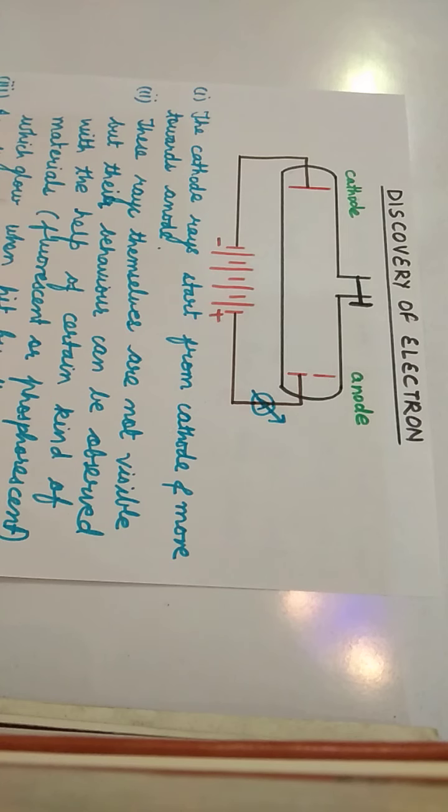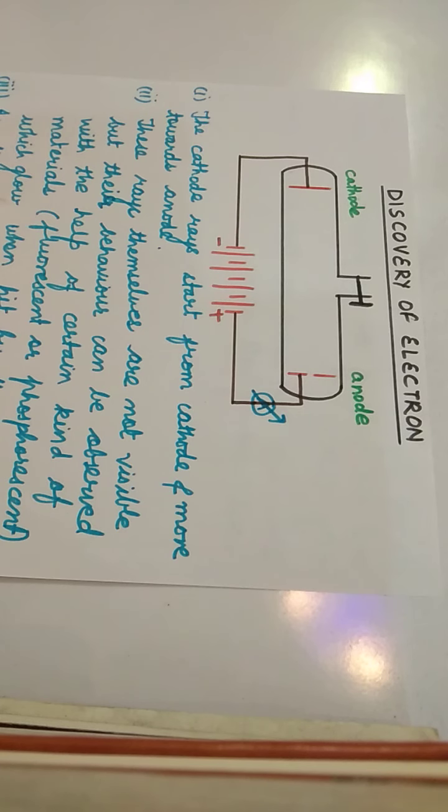Today we'll be starting the second chapter, that is Structure of Atom, in class 11th. And children, as the name indicates, we'll be studying about the structure of atom, that is, what an atom is made up of. We'll study how it looks, what is its structure, what is its composition, of what subatomic particles it is made up of.